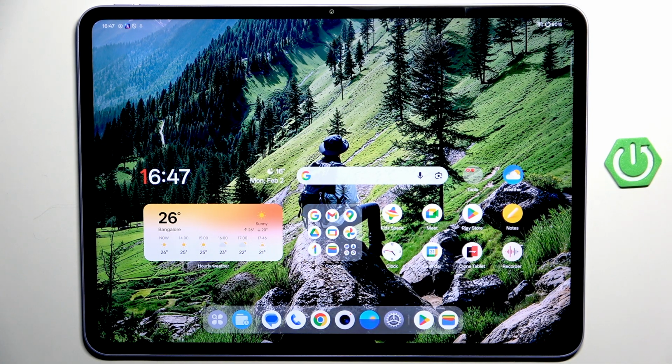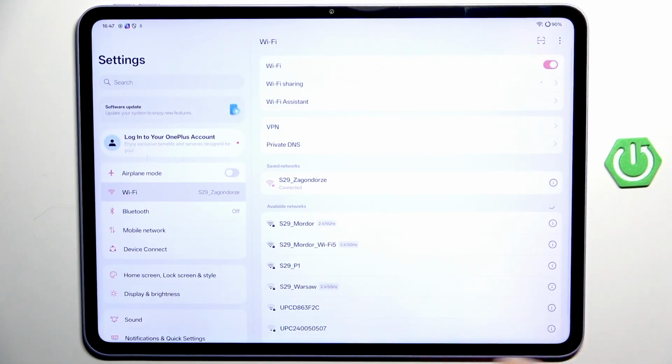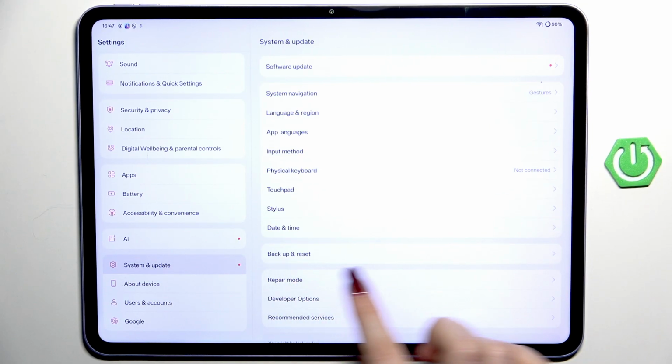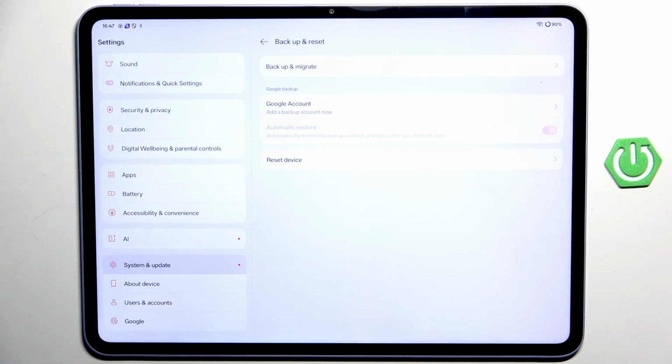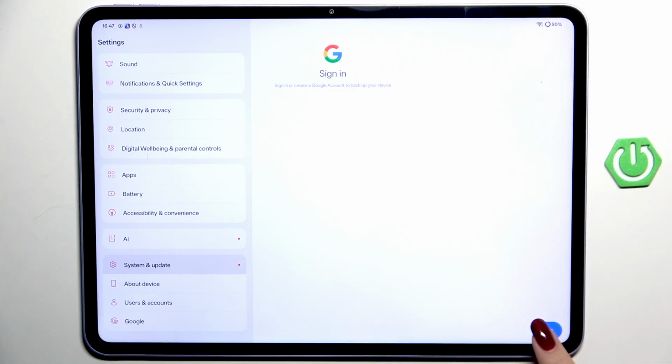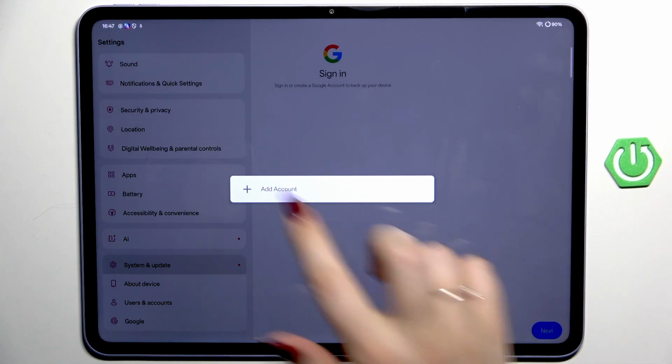So first of all, make sure that you've got the internet connection and then we can open the settings. Now let's scroll all the way down to find System and Update and then tap on Backup and Reset. Here we have to tap on Google account and again remember about internet connection and tap on Next. Tap on Add Account